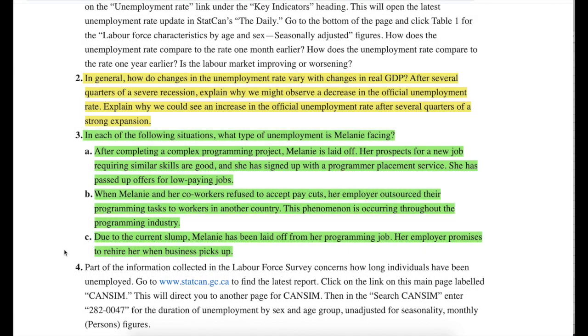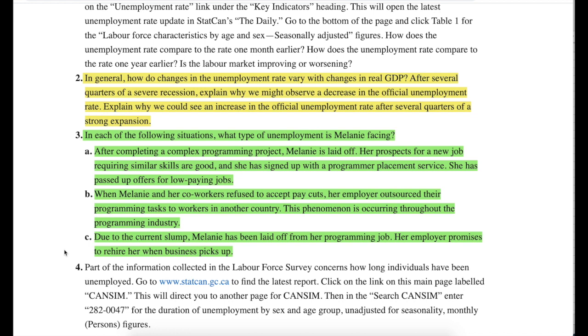In problem 2, we first have to identify how, in general, the unemployment rate varies with changes in real GDP. We know that already. The unemployment rate closely tracks output movements in the economy. So when the economy is growing, the unemployment rate is low, and when the economy is in recession, the unemployment rate is high. But as we talked about, this relationship is not perfect, and the second part of the question kind of alludes